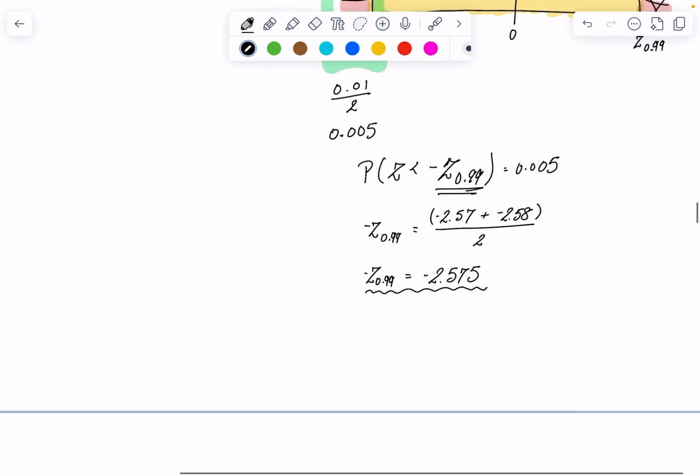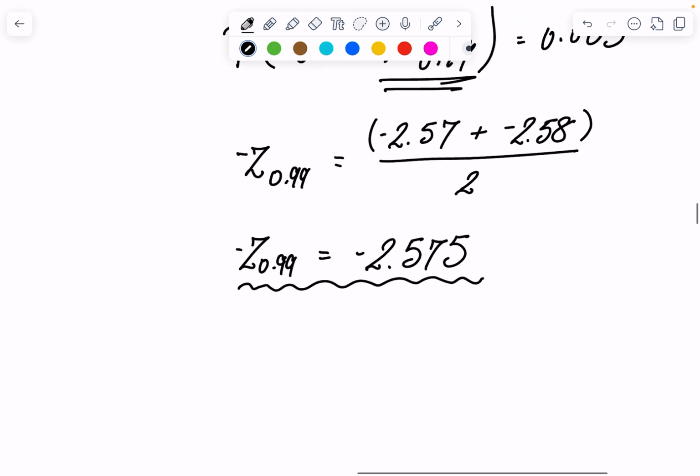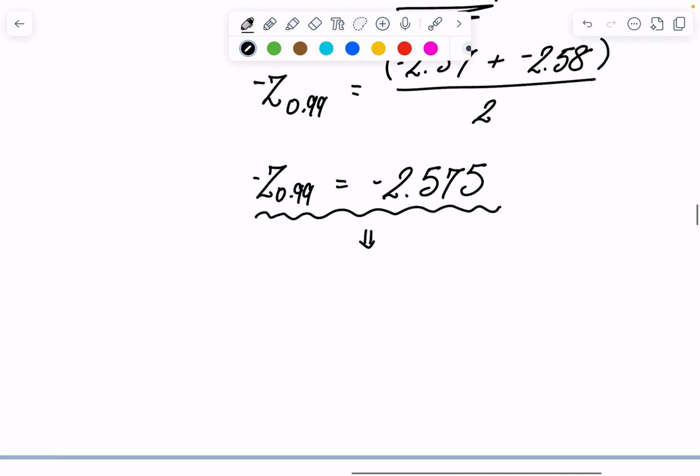Okay, now that we have our critical value, which is actually going to be the positive of this,